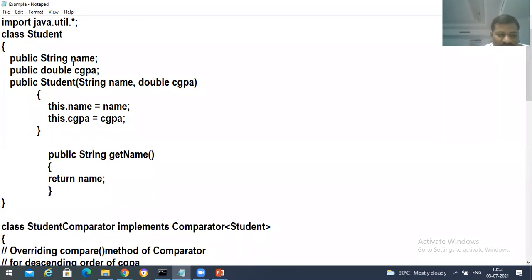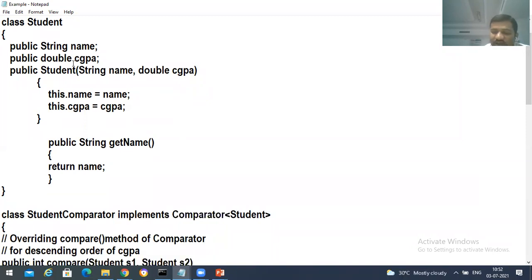Here I'm going with one more class. Try to listen here. The name of the class is StudentComparator, and this StudentComparator implements the Comparator interface. This Comparator interface contains two methods, and we can make use of both methods, or else use any one of them.